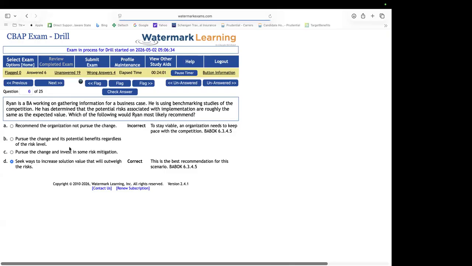If we make an FMEA analysis, there you can prioritize all the measures to mitigate risks and